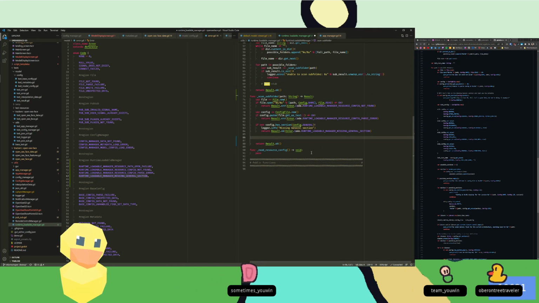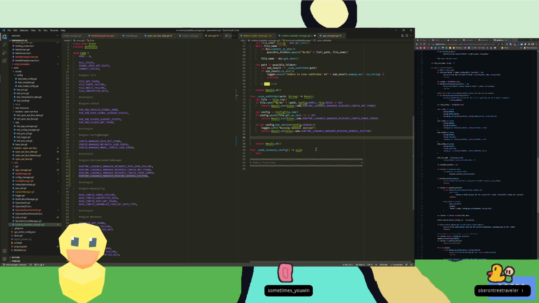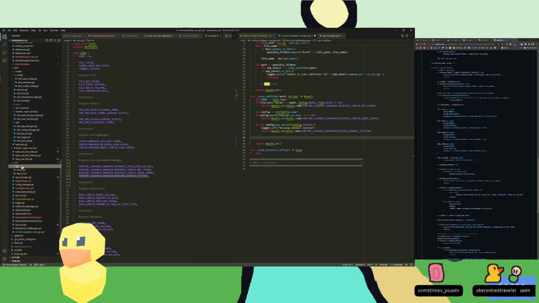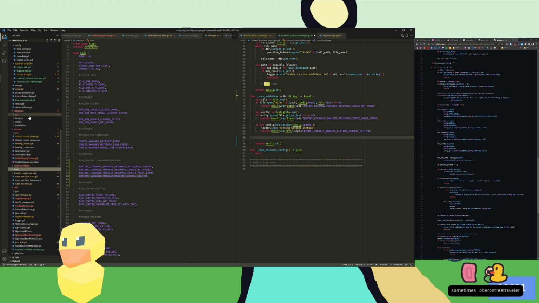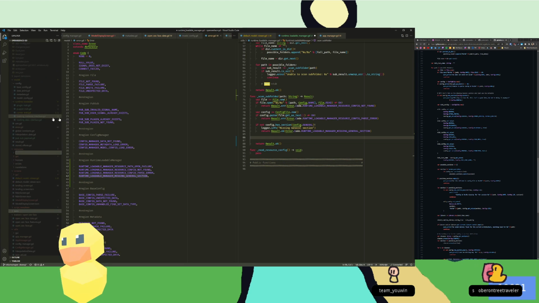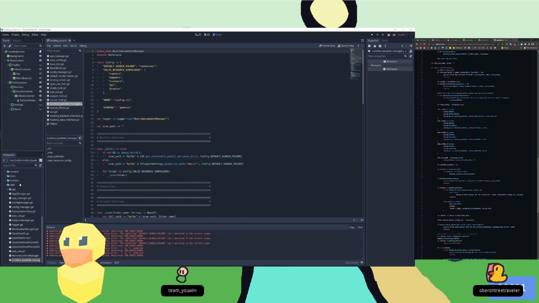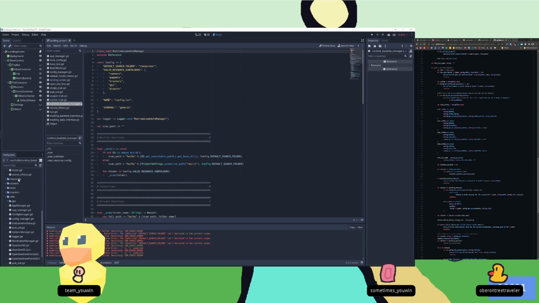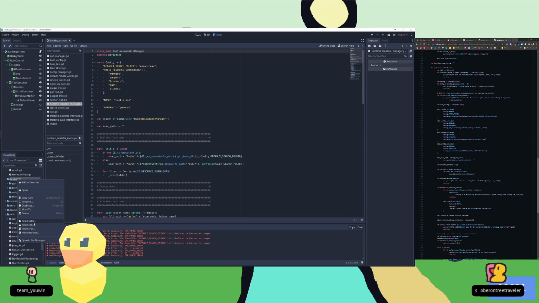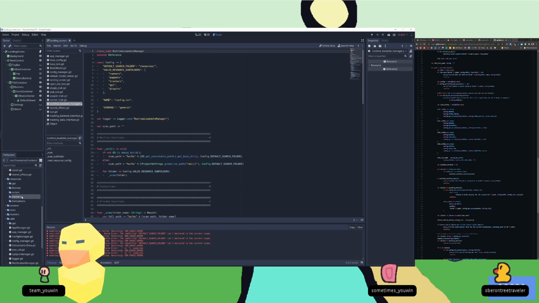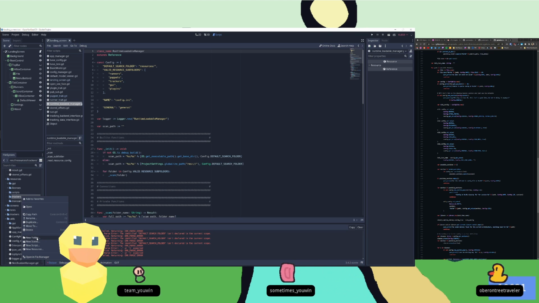So let's see. Scan subfolder, and then we're looking for these sections here. That's in GUI. Don't really need to see that. Tests, don't need to see that. Resources. So let's start creating a folder for VRM, or I guess it's trackers. So in resources, trackers. Then we can add a folder called